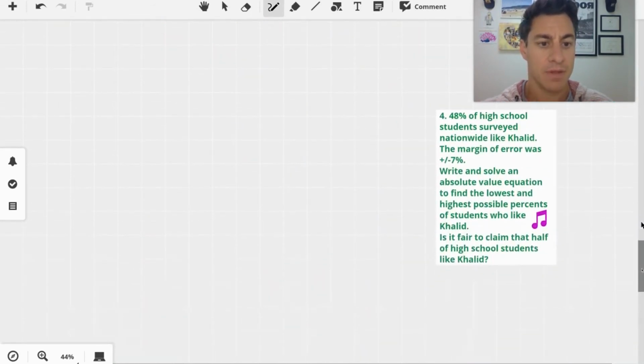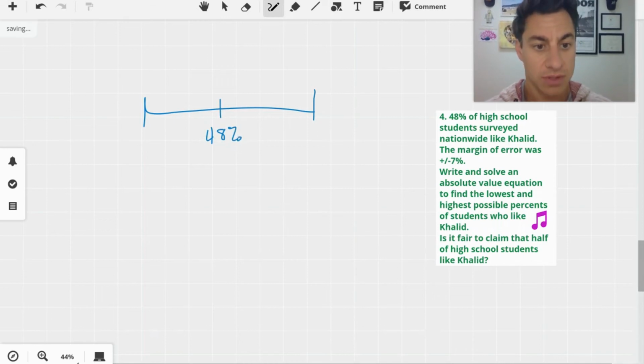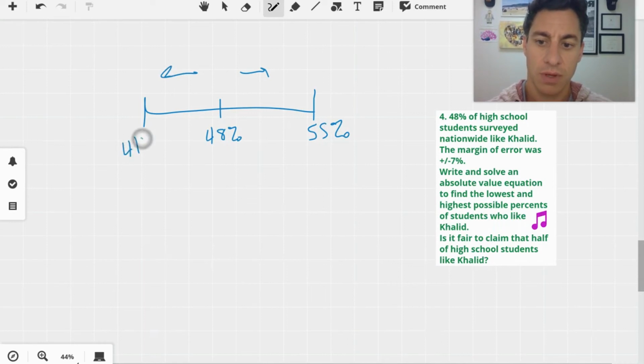All right, number 4. 48% of high school students surveyed nationwide like Khalid. The margin of error was plus or minus 7%. Let's get that on a number line. As soon as I see that information, that's my instinct. 48% is the survey with a margin of error of plus or minus 7%. We go 7% this way, we end up at 55%. Go 7% the other way, we end up at 41%. Write and solve an absolute value equation to find the lowest and highest possible percents of students who